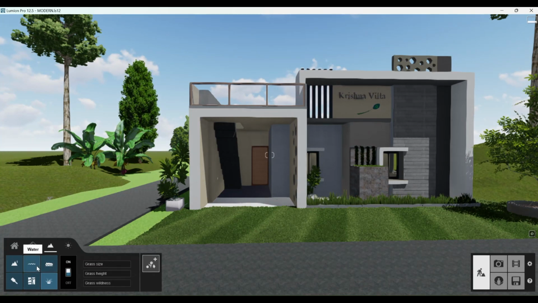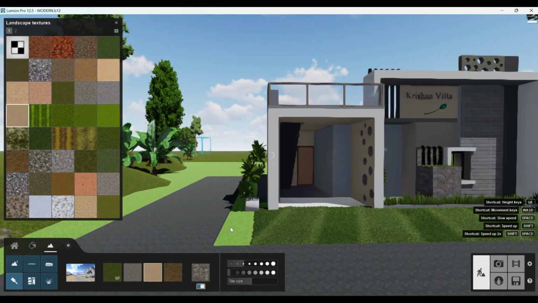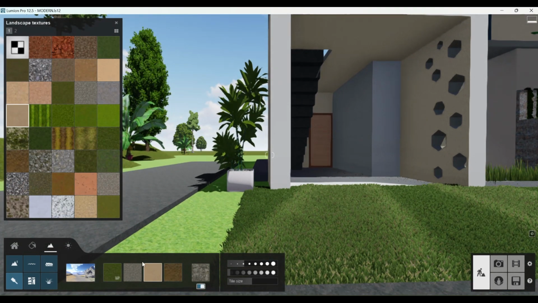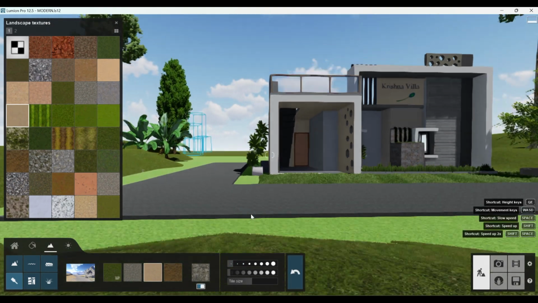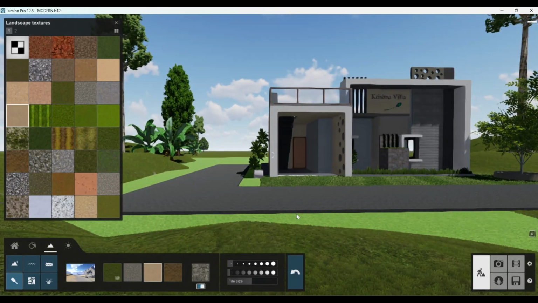Next part is how to create water. Before that, I'll show the paint, how to do the paint. Next, here are the brush size and the speed of the brush. See this portion, I want to create something like a sand structure. So here you can set the brush size. Why is it not going to apply? As you can see, this is the